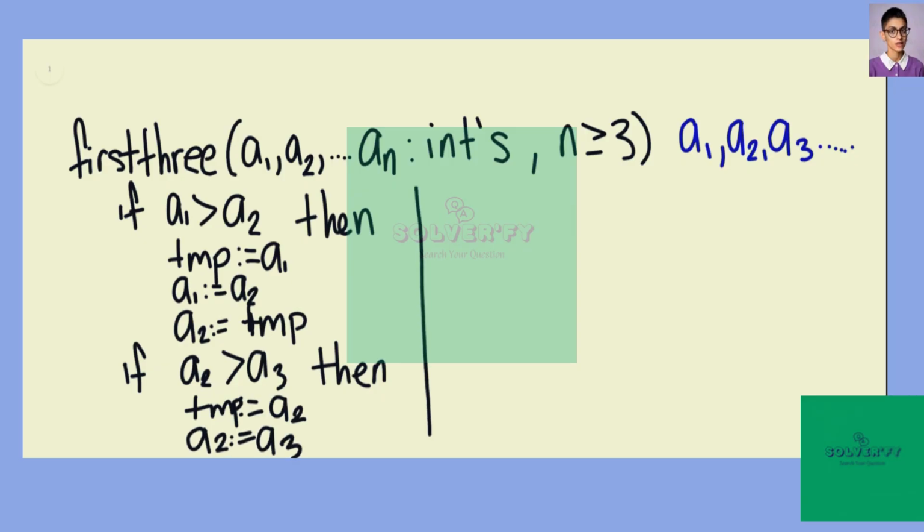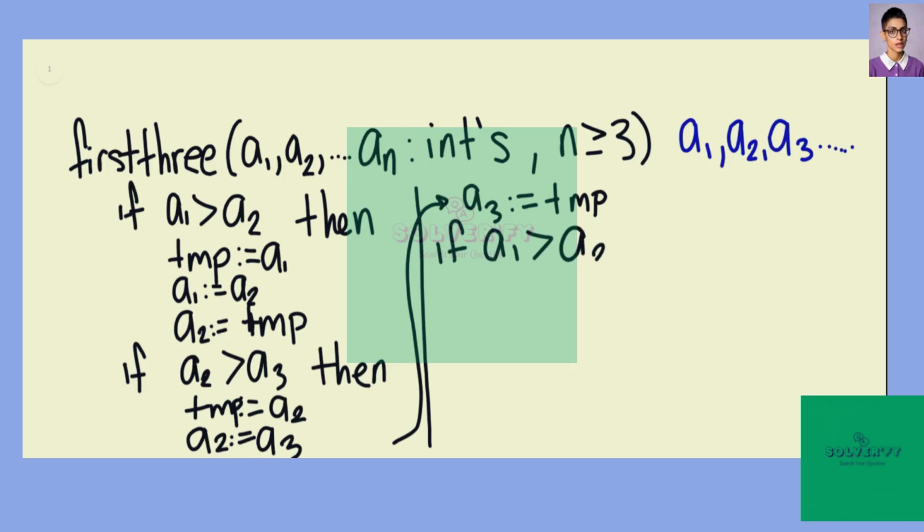I'm going to continue on the right here. And then we'll set A3 equal to the temporary value. Okay, so now the thing to be aware of, though, is if initially the maximum was A1 and the minimum was A3, then they won't be in the correct order. So we need to check again